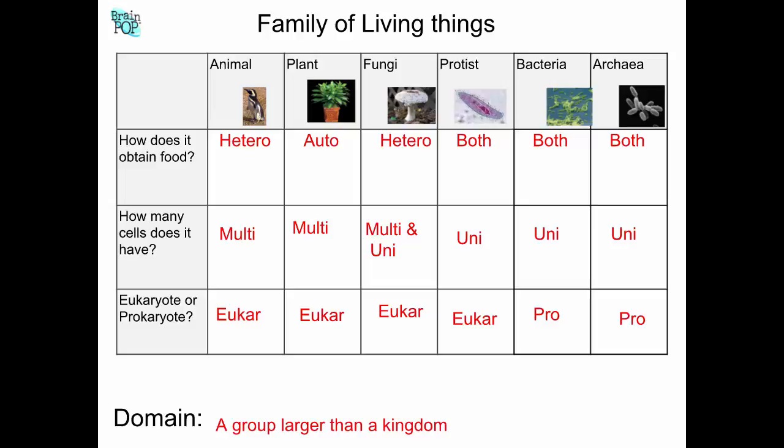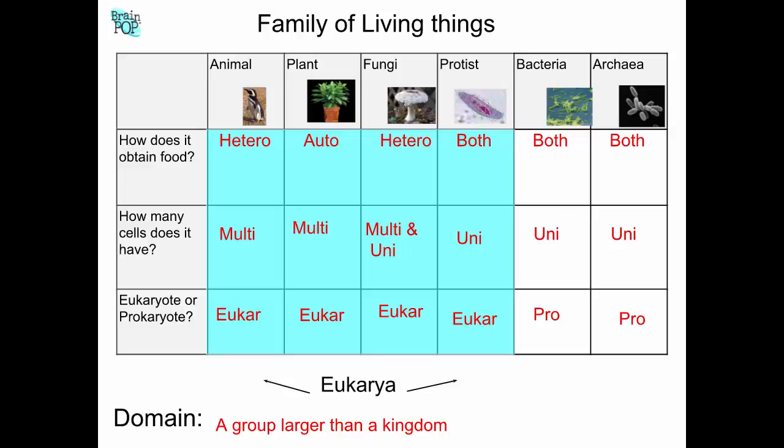All right. So these are the kingdoms, correct? 6 kingdoms. What was the level above kingdom? Domain. So that's even larger than kingdom and more general. All of these things that I just highlighted in bluish green, they are in one domain. What do these all have in common? Pat? They're all eukaryotes. The name of their domain is actually eukaryote.